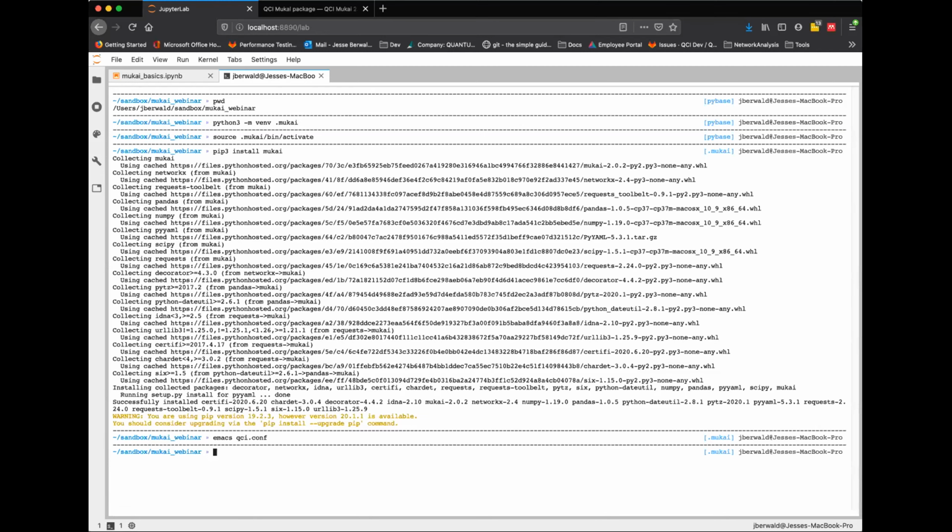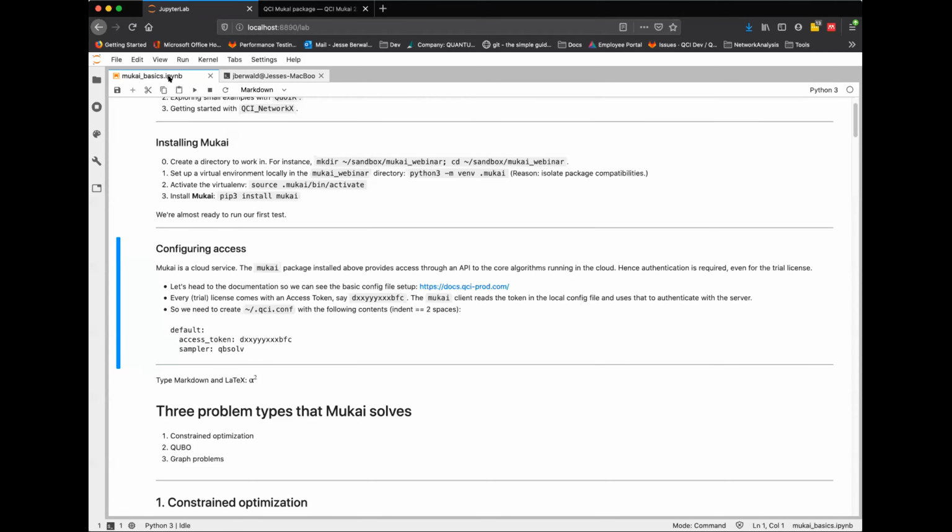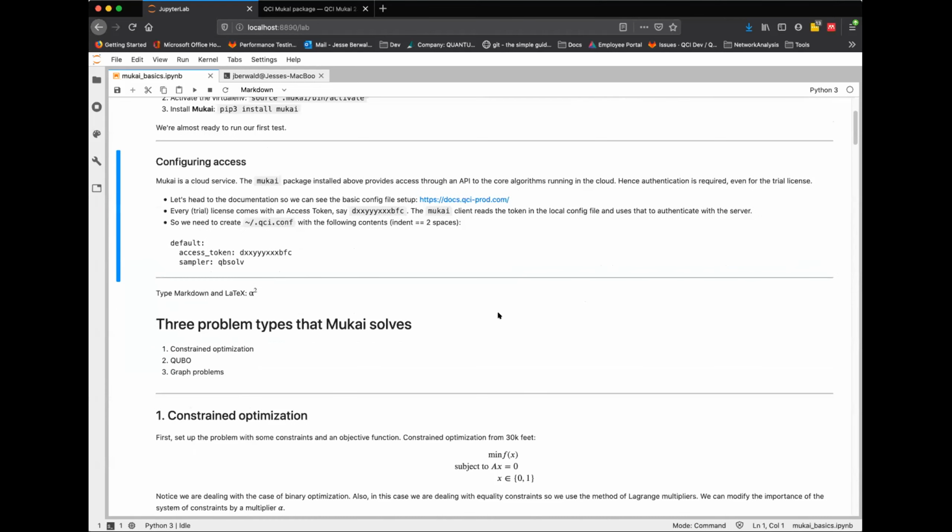So I'm going to just write my access token. And you'd want to copy that, on a Mac or Linux system, to the user directory. For Windows, it's slightly different, but it's basically in the C drive and the user directory, which is more or less equivalent to saying the following: cp QCI conf to home, like the home directory. And so that's really all you do, and that would set you up for the rest of the time. So you don't have to enter your password or your access token or anything like that. So that's all set up.